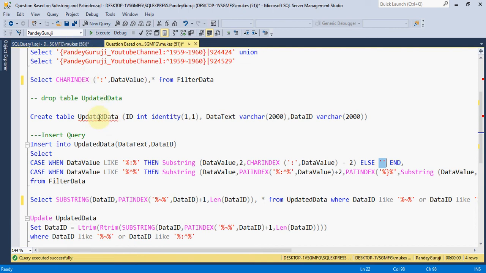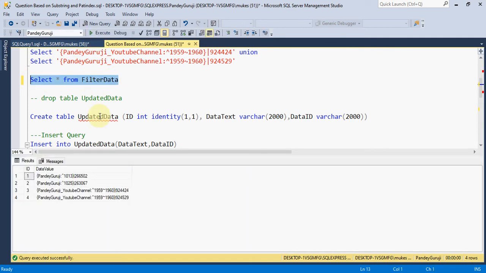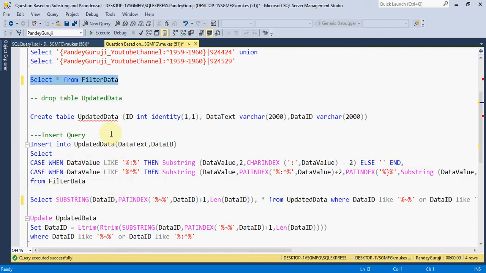To achieve the second requirement, we need to trim the data. If you need to trim the data before this closing bracket, how can we achieve this?